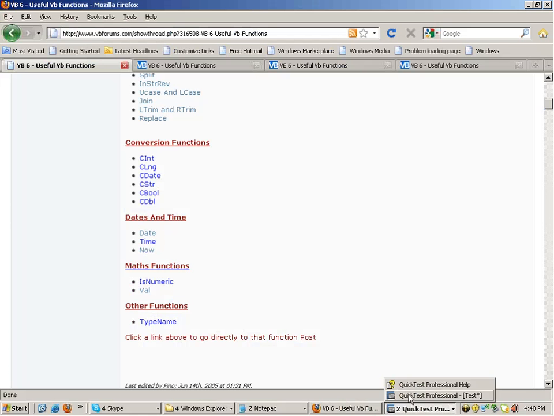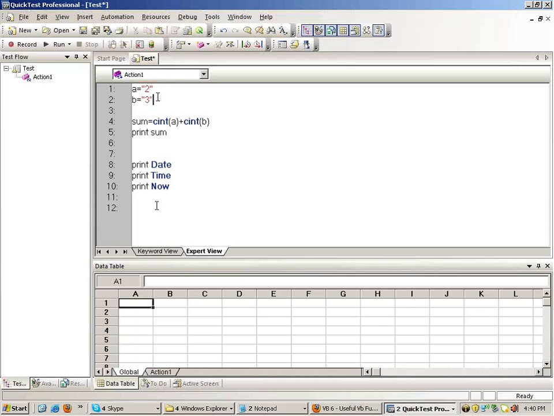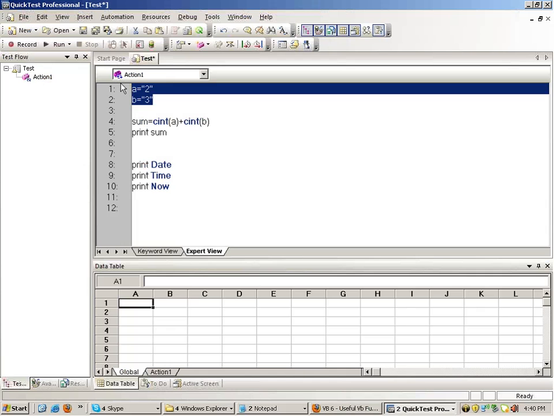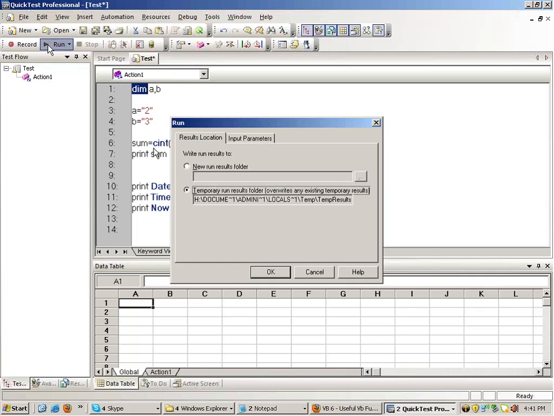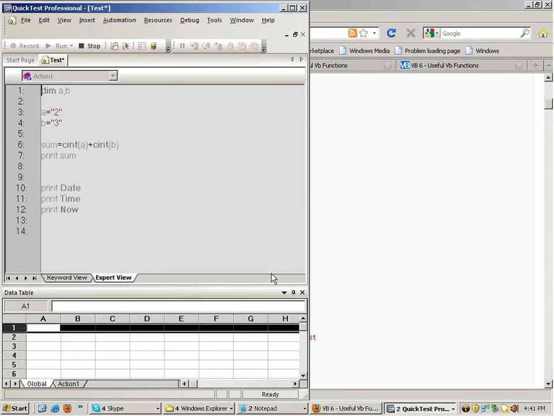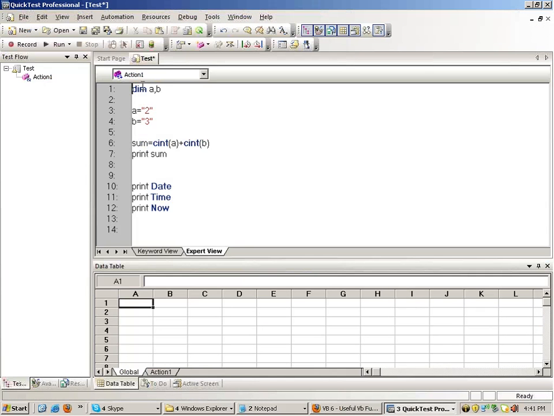Now in VB, as I was telling you, you can directly declare the variables like this. Sometimes people think they have to write Dim first, Dim A, comma B, and then start. You can also do it like this. Dim is the syntax for declaration of variables. When you run this, it will also work fine. But if you don't declare, then also it will work fine.